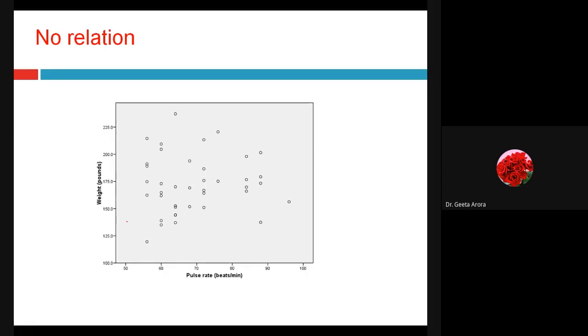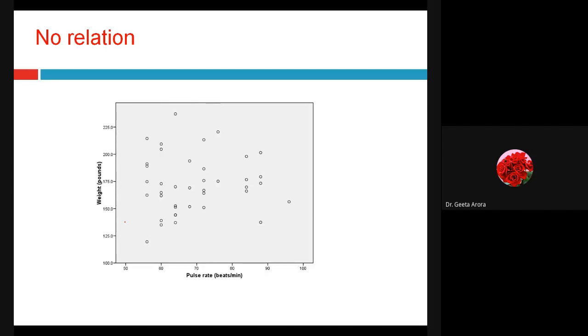And if we talk about pulse rate and weight, if we are looking at the pulse rate of a man and the weight that the man has, suppose we have done a survey, then let us find out whether there is any relation between the pulse rate and the weight in pounds. Obviously this scatter diagram can be created, and from here we can see we are not getting a particular pattern. There is no such increasing or decreasing straight line. So obviously there we can say there is no relation, or we can say there is no linear correlation.